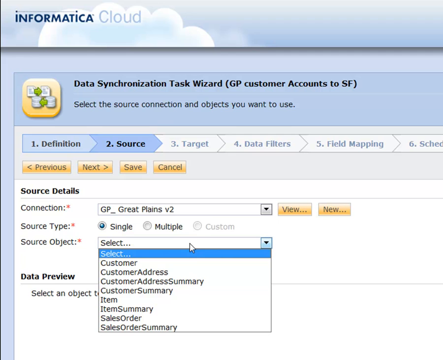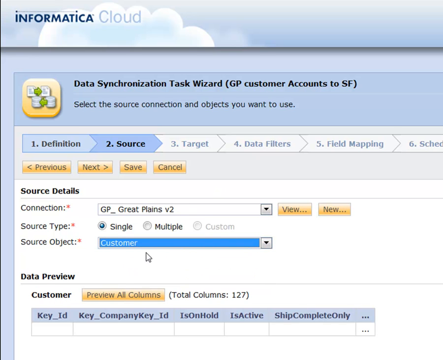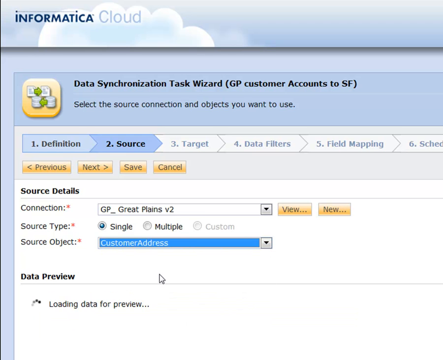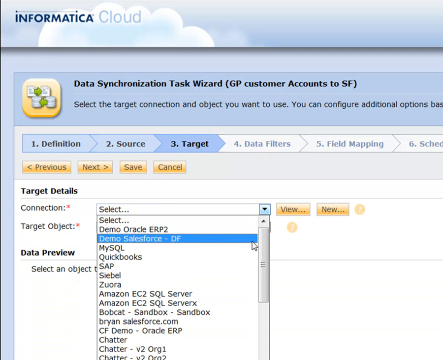Right, so in this case, we're going to grab customers. I could also, you can see, get some of the sales order information about maybe statuses of orders. There are also things that different people have bought. You can also go back the other way and write that information back in Great Plains. But back to our wizard, remember we're taking those Great Plains customers accounts, or Great Plains customers, and we're going to put them into Salesforce accounts. So here we simply pick, let's go ahead and pick the customer address object. That way we get all the addresses as well from Great Plains, and let's put them into Salesforce